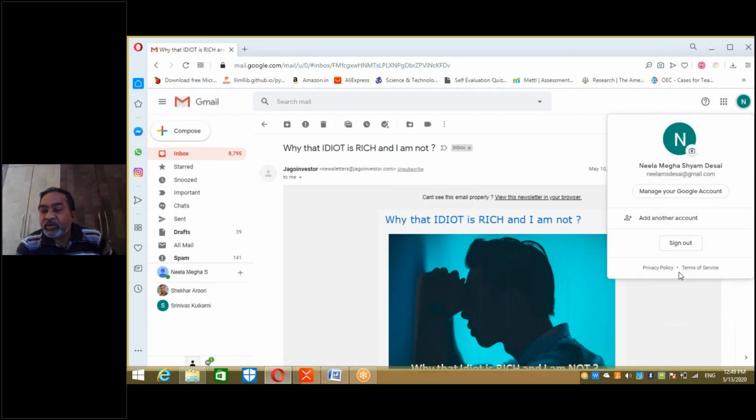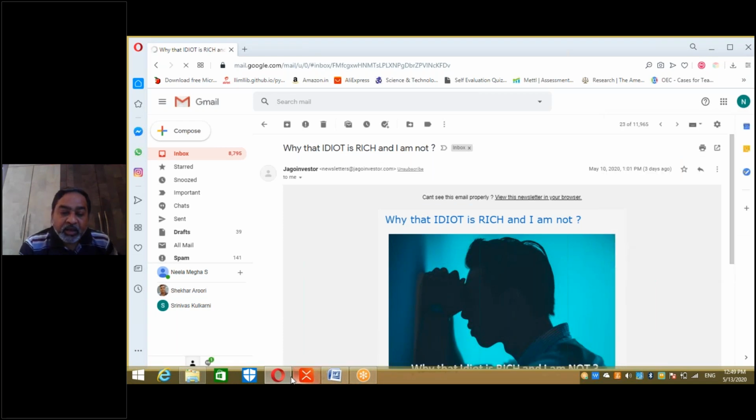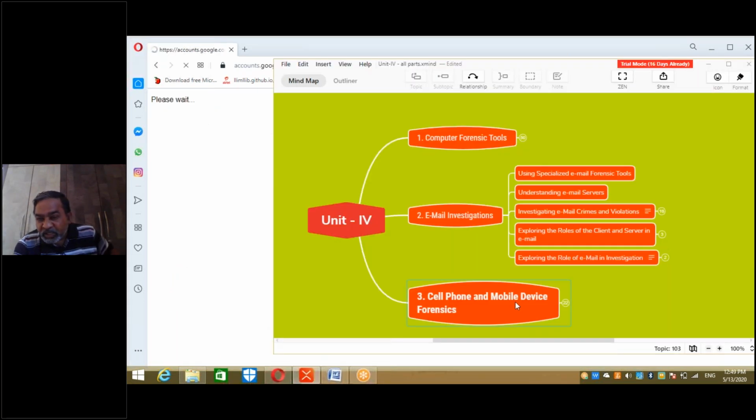Let me close my mailbox now. So phishing is checked by looking at the header information. How do you see header information or more information, metadata about the mails? Go to the three dots on the right side and click on see original. You will see your HTML code also. There is a facility to download that file too. It will be downloaded to the record.